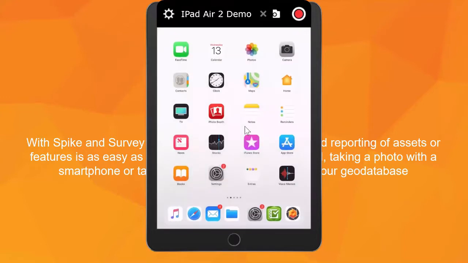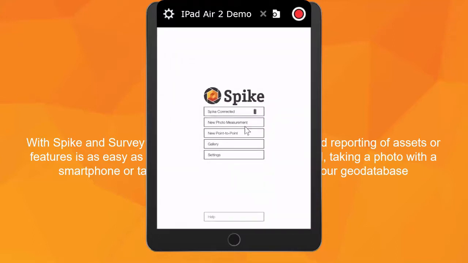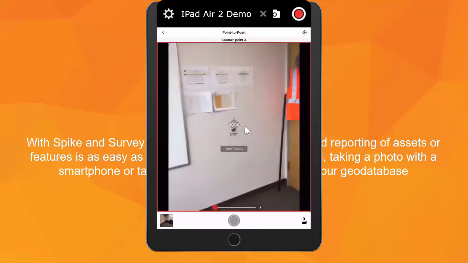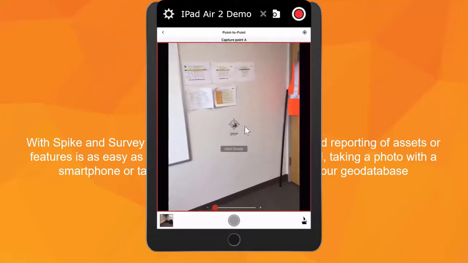Now, one of the things that will be coming out in the next release of Survey123, so I showed you photo measure, is point-to-point measurement. We haven't released that yet into Survey123, so I'm going to go back to the Spike app to show you, but that same workflow that you saw with photo measure will be available in the next few weeks in the next release of Survey123 with point-to-point. So point-to-point is simply, go back to the app and I choose point-to-point, and say, for example, I want to know the distance between,